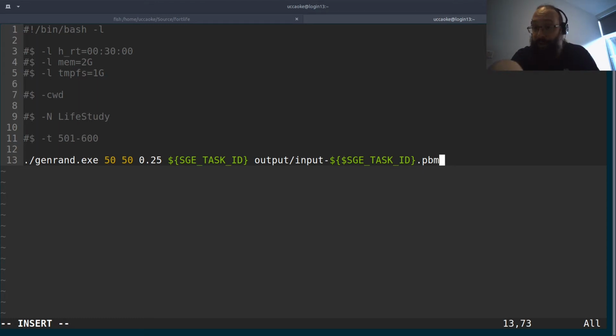The output file will be input dollar, oops, there's a typo there, SG underscore task ID.pbm, right? So we should end up with 100 input files, and then we want to run the life executable on that as well. So if we run life.exe, the input file, which is this file that we've created here,